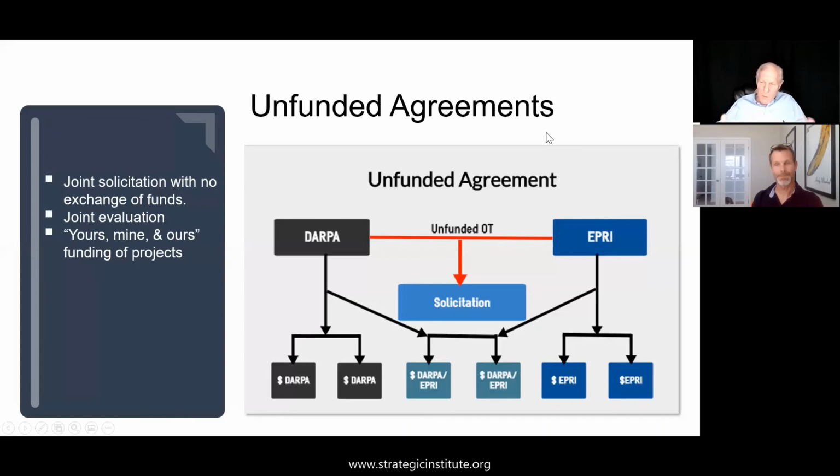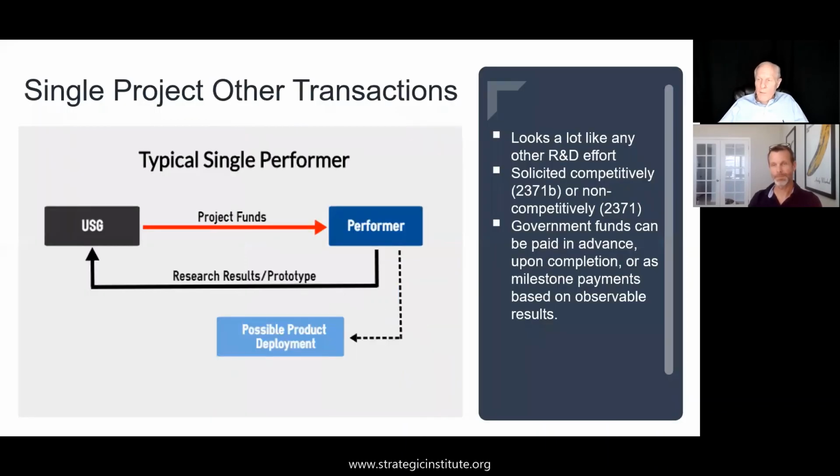The basic relationship between industry and government was unfunded. It's the kind of thing you can do when we have sort of open aperture and focus on goals of the program. And then other transactions can also look more like typical contracts. They're just single party agreements without the overhead of the procurement system. So these are just a few examples of the flexibility of other transactions and goal orientation, and show you, yes, you can do partnering, you can create a consortium, but it doesn't have to be a single model consortium. So that's a message that we need to get out there.